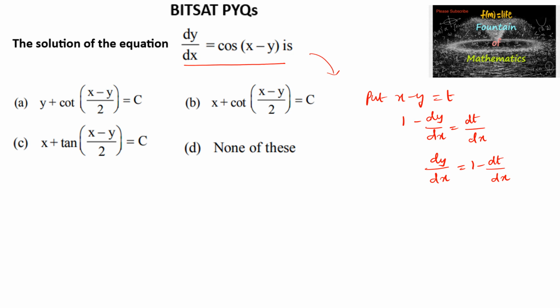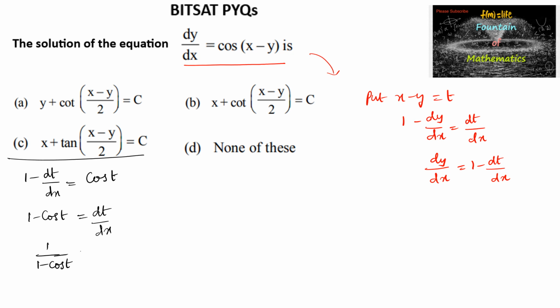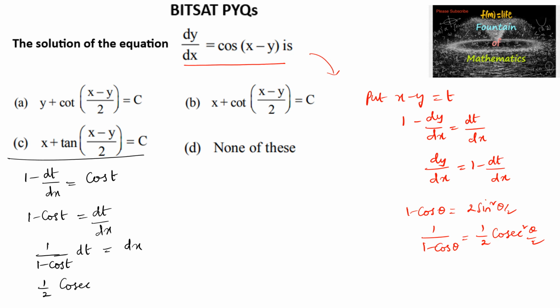So here we can write 1 minus dt by dx is equal to cos t, or 1 minus cos t is equal to dt by dx. Now simplifying, 1 upon 1 minus cos t dt is equal to dx, and we know that the formula for 1 minus cos theta is 2 sin square theta by 2. So 1 upon 1 minus cos theta is 1 by 2 cosecant square theta by 2. So here we can write 1 by 2 cosecant square t by 2 dt is equal to 1 dx, and integrating on both the sides we'll get